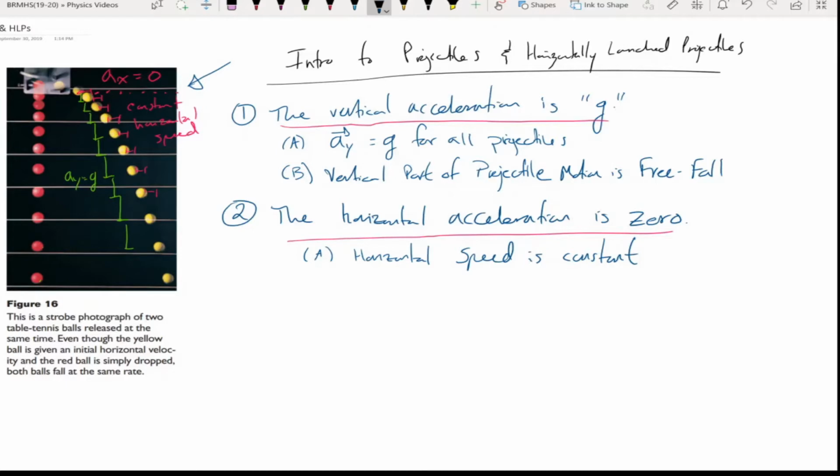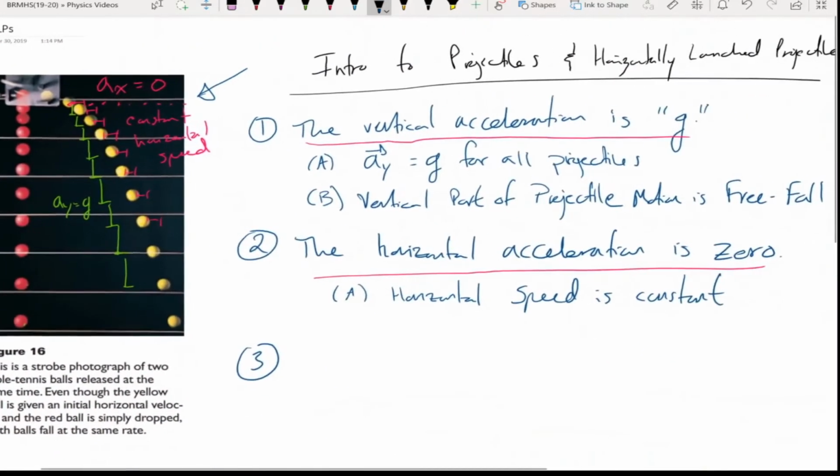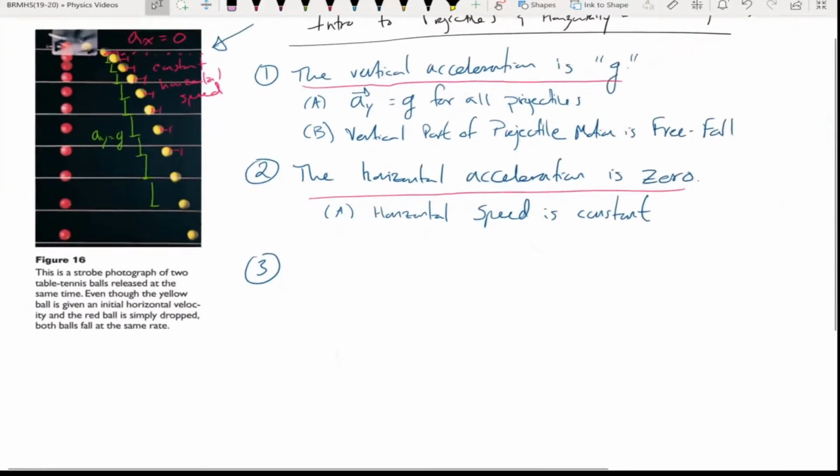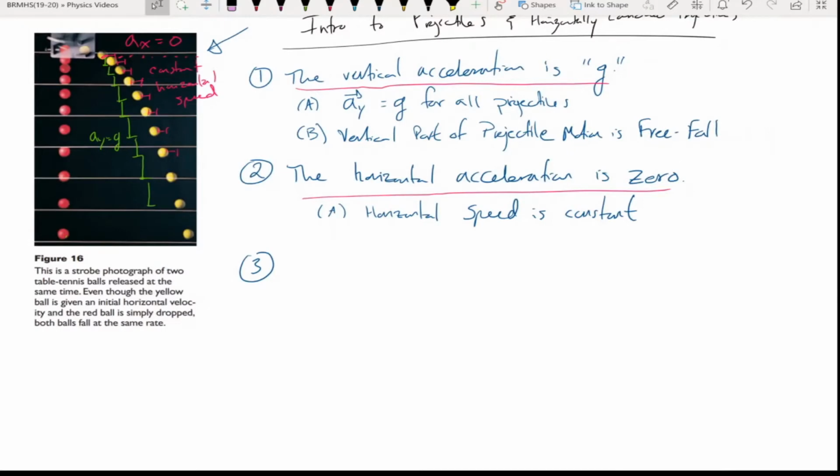All right, so when we see both these things together, the big thing that comes from analyzing this phenomenon, but also recognizing that the vertical parts and the horizontal parts have one acceleration, little g, and the other has an acceleration of 0, is that when analyzing our projectile or two-dimensional motion, we must analyze the motions separately. The horizontal and vertical motions we analyze separately. That is the whole